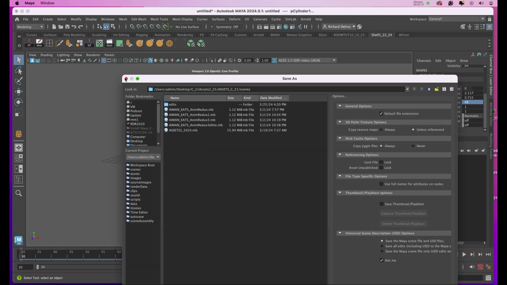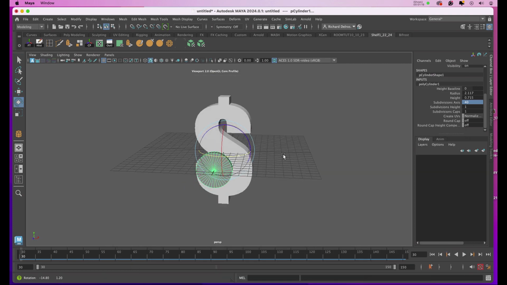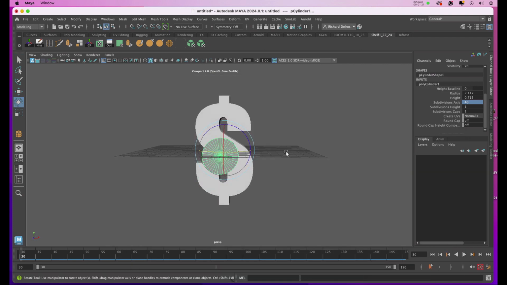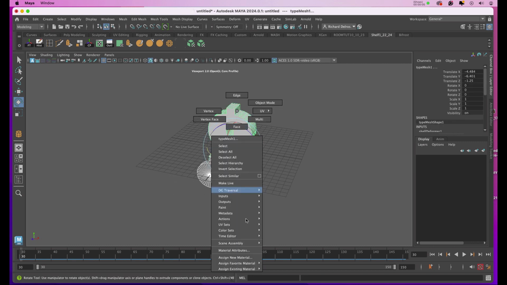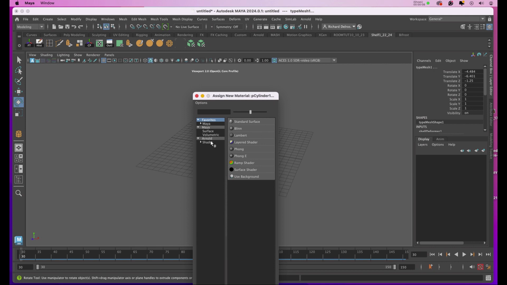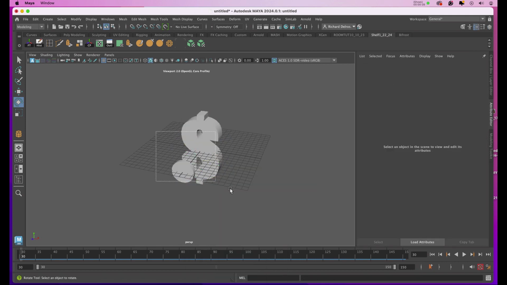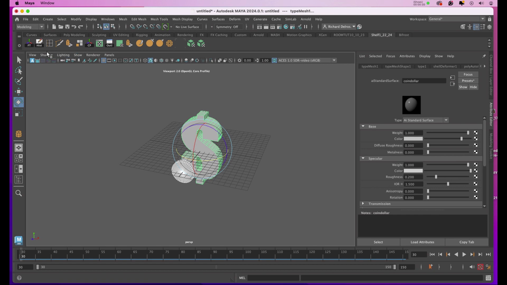I'll save that. And then what I'll do is I'll create the UV map. I'll marquee select both of those elements, and I'll right click and I'll assign a new material to it, and it'll be the Arnold AI standard surface. And I'll go ahead and name it, and I'll make sure I've selected those elements and I've frozen the transform